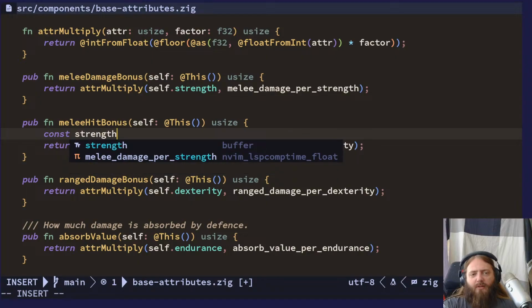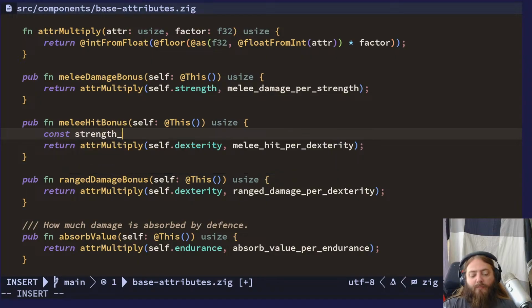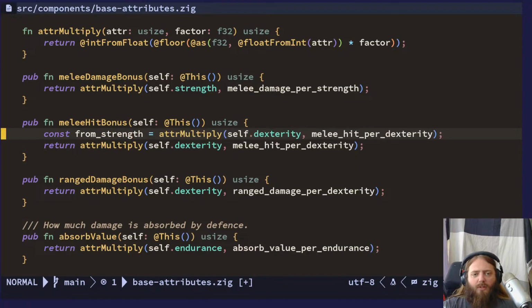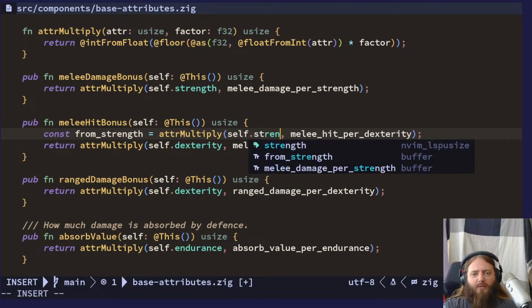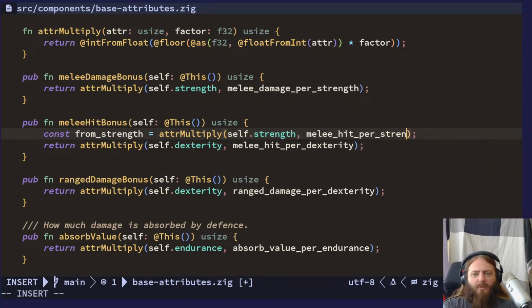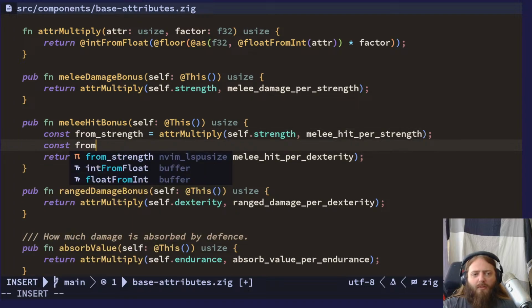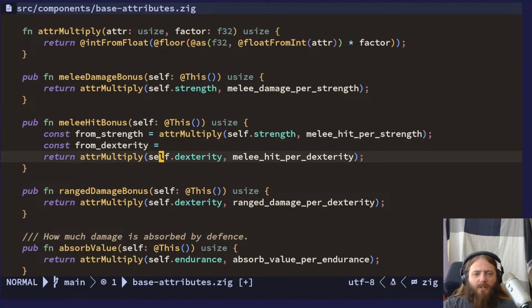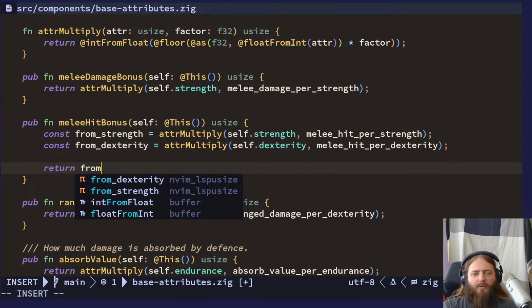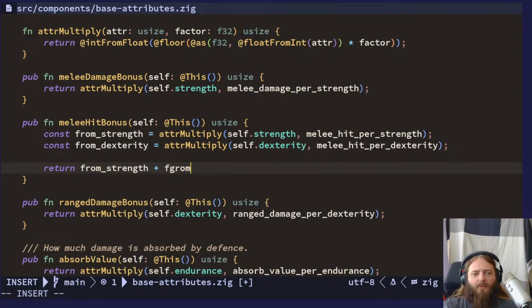Let's do strength. From strength, how much do we get from strength? So melee hit per strength. And then from dexterity. And then we'll return these